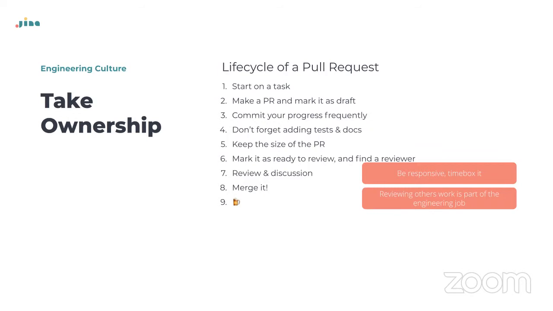Until it merges to master, the job is not done, right? So you have to push it forward. You have to take the ownership, and basically time box the reviewing and discussion process, and merge it into master as soon as possible, right? Only after it merges into master is this considered your accomplishment, and the job done,